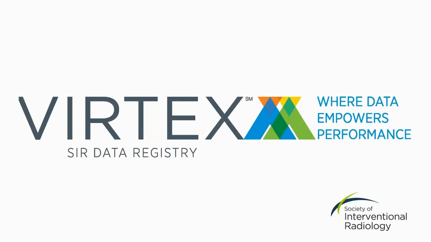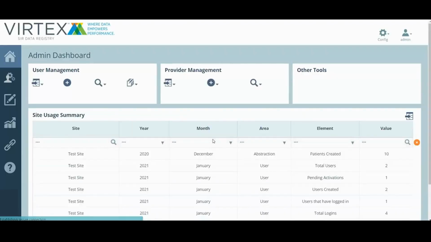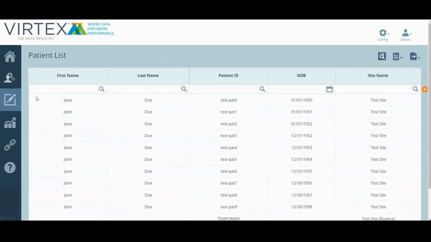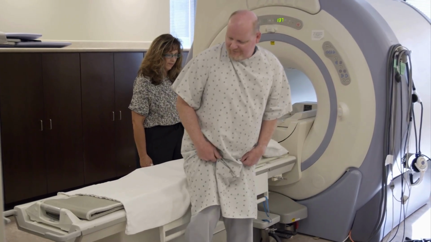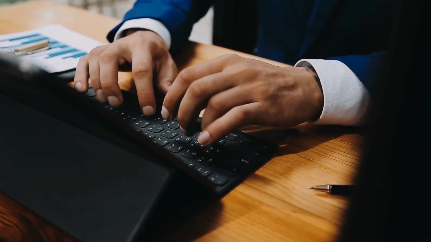VIRTEX is the SIR's Data and Clinical Quality Analytics Registry. Essentially, VIRTEX is the registry that we're going to be using as a specialty society within interventional radiology to gather the data we need to prove why what we do is important. VIRTEX can help improve patient outcomes, can help argue for reimbursement for new procedures that we do as well as